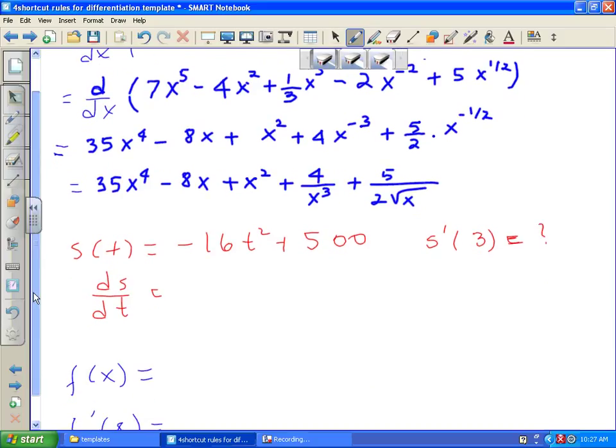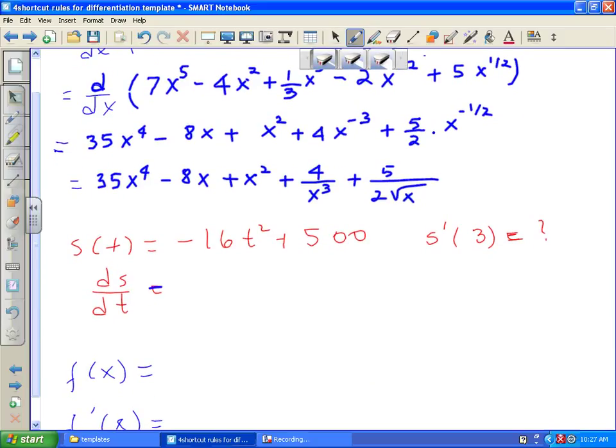So to find the derivative with respect to t, what would be the derivative of the first term? Negative 32t. Derivative of a constant of 500 is 0, right? Now we want to evaluate this at the point. I can sometimes put a line here and on the bottom say evaluated at t equals 3, because they want to know the velocity at the third instant. Just multiply negative 32 by 3, and voila, we got it. So as you can see, shortcut rules are really great time savers. But again, we owe it to mathematicians. If they didn't see these